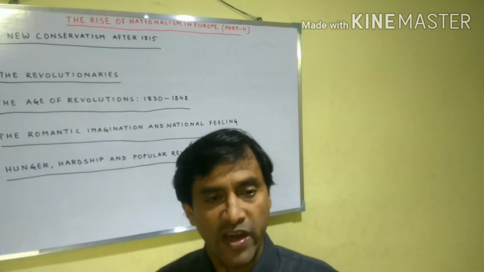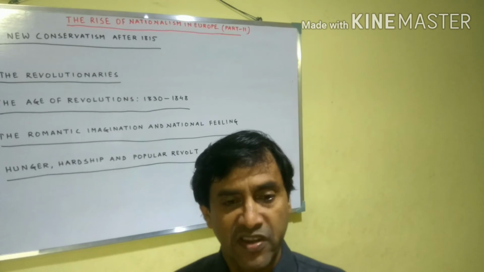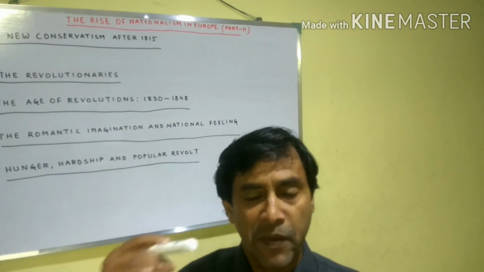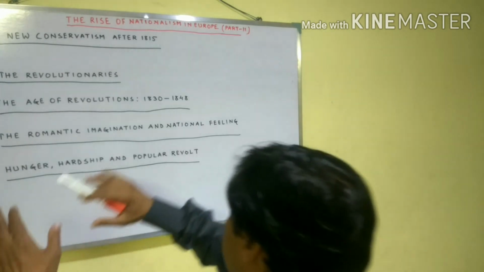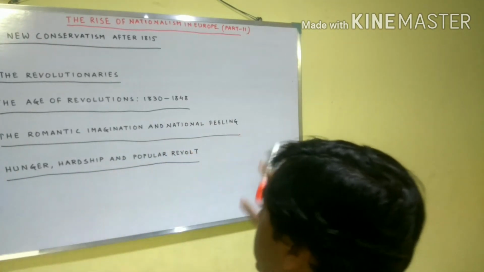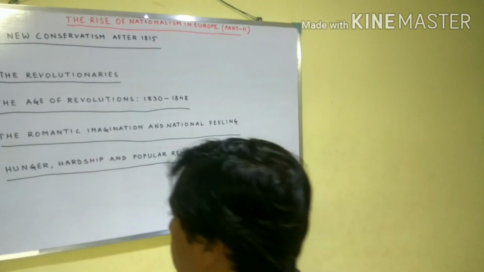The Greek War of Independence started in 1821. Finally, the Treaty of Constantinople of 1832 recognized Greece as an independent nation. The incidents of 1830 to 1848 were a series of revolutions and the emergence of new nations. Now, next is